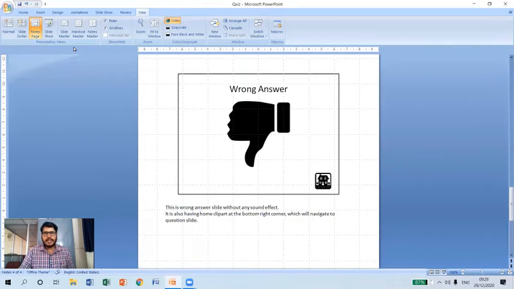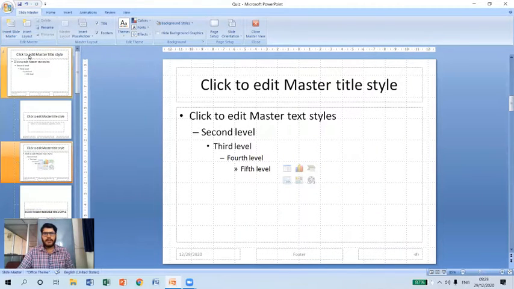How we can set slide master view. Okay. So when I click on this slide master view, you can observe it has opened a slide master view here.